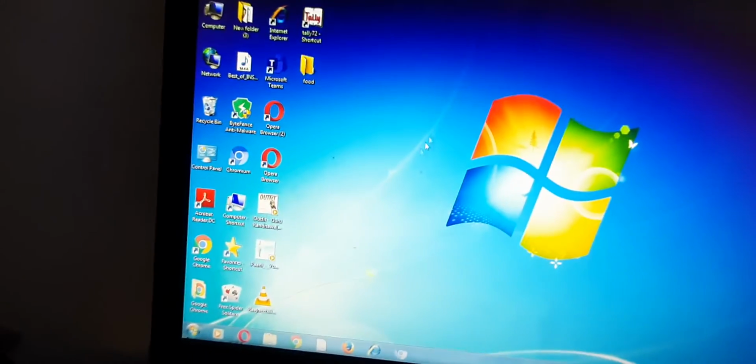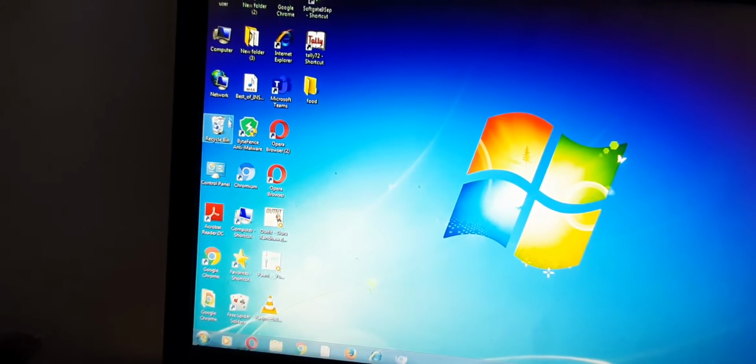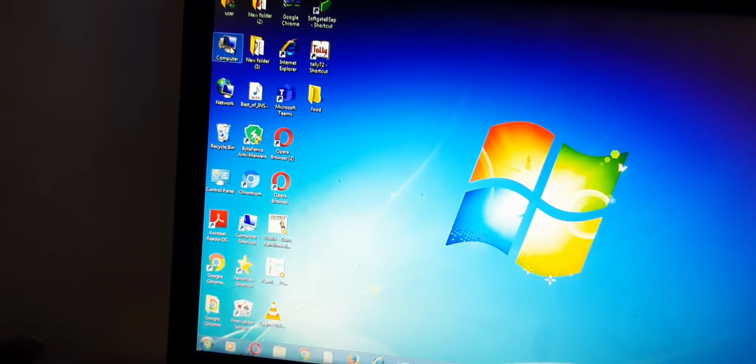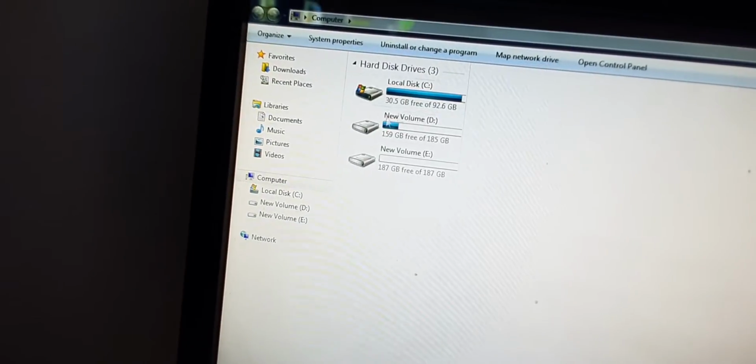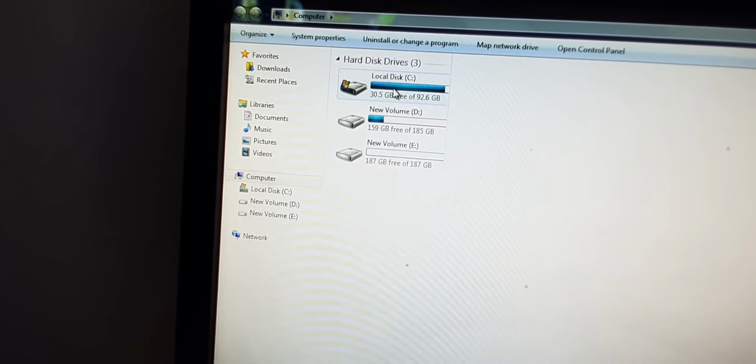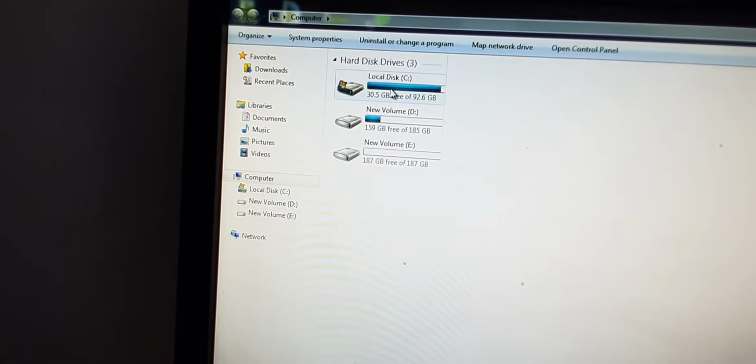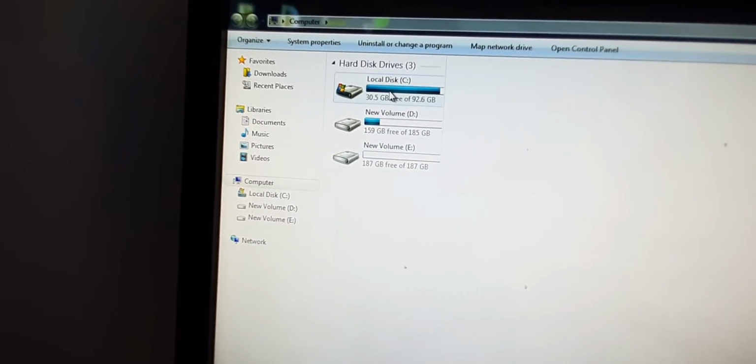Close this window, and this is computer. Now we will go to computer. We have double clicked on it. Here I told you that there can be different drives. First is local disk, that is C drive. Here the system related data is stored, and this drive should be kept empty for system to function properly.